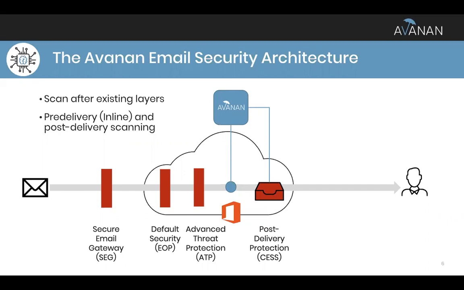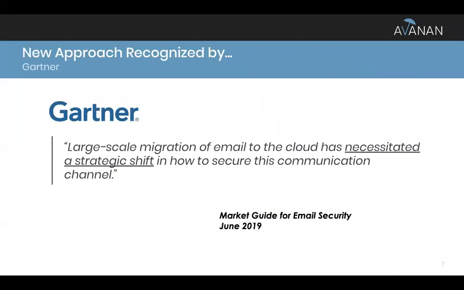The other thing about the API approach that gives us an advantage is things like internal-to-internal email attacks. We've got pure visibility into that. We extend email security to OneDrive and SharePoint. So these APIs give us a lot of other hooks, a lot of other capabilities. Plus, by the way, it takes minutes to get this set up and running. Everything I talk about today is literally 5 minutes to deploy.